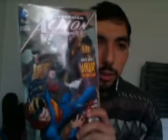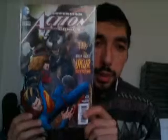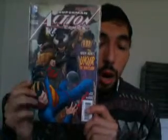First off, Action Comics number 27. This is the second part of Greg Pak's first arc, and I actually enjoy this issue a lot. Definitely, Pak has a good handle on Superman, and despite the fact that it actually has three artists working on the book,